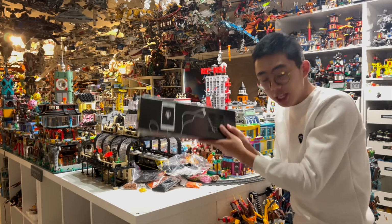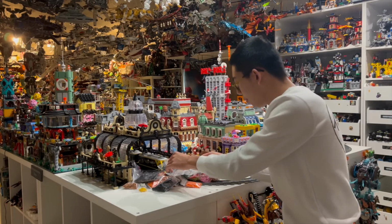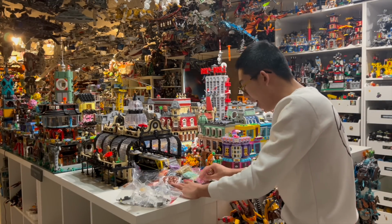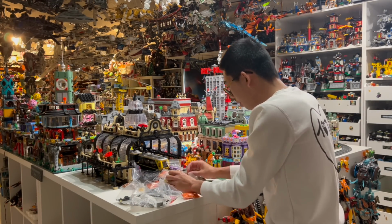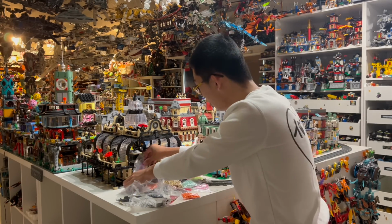This has the right amount of base plates in it, so I'm gonna go ahead and put that inside the box, and now it's just a matter of reorganizing all of these pieces to actually fit together into their own bags. So what I'm gonna do is we have these light nougat pieces, and I'm going to take